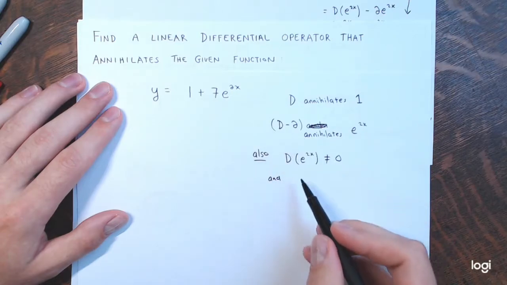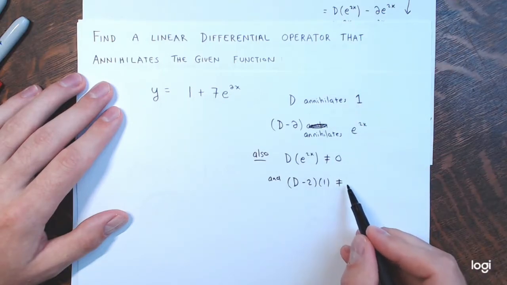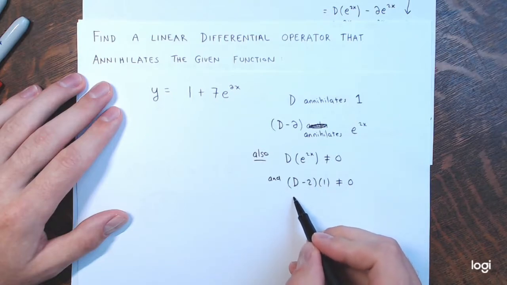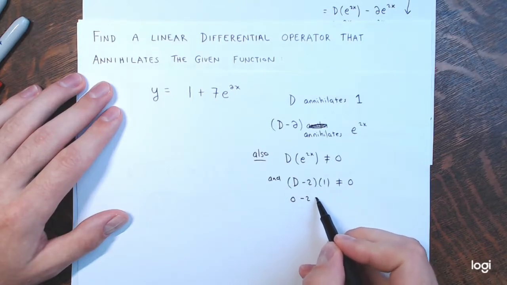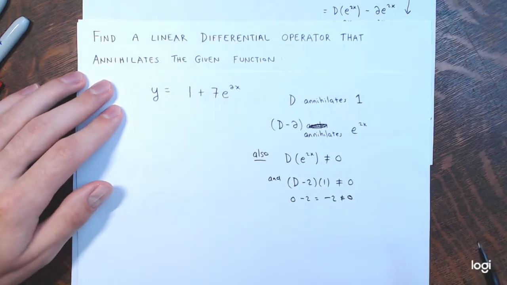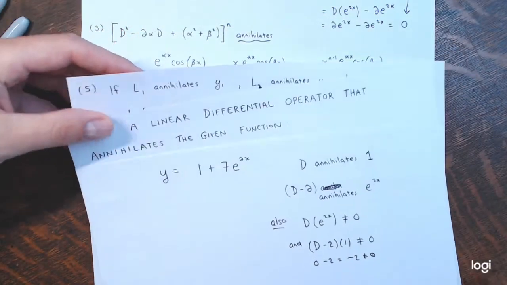And d minus 2 applied to the constant 1 does not annihilate it, right? Because this would be the derivative of 1, which is 0, then minus 2, which equals negative 2, which is not 0. So I have, like in my fifth statement, the fifth rule I wrote up earlier,